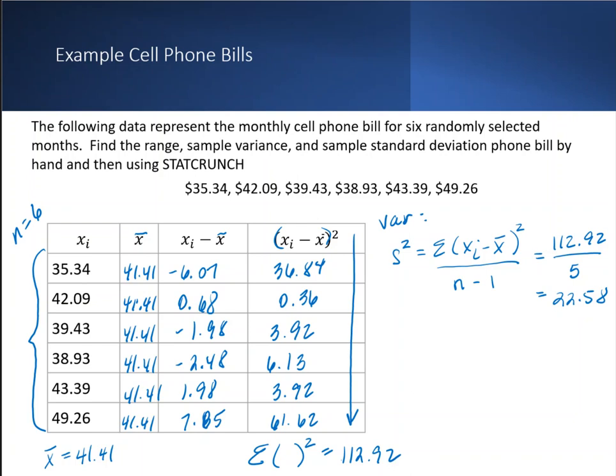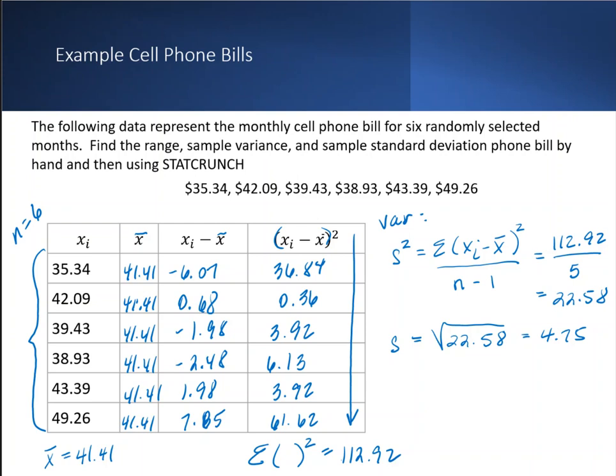To find the standard deviation, we now need to take the square root of our variance. So we're going to take the square root of 22.58, which gives us $4.75. So our cell phone bills that we have here, the average spread or the average distance away from the mean is going to be by about